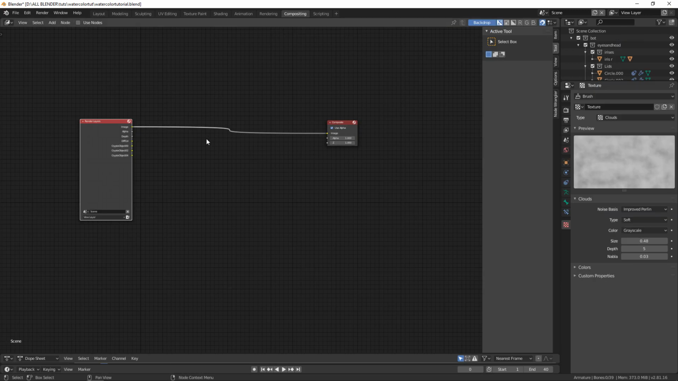This is what we're going to be using. First things first, use nodes. Make sure this is checked. Second, if you don't have Node Wrangler enabled, enable Node Wrangler. You're going to want to commit die if you don't have Node Wrangler on, because it is absolutely 100% necessary